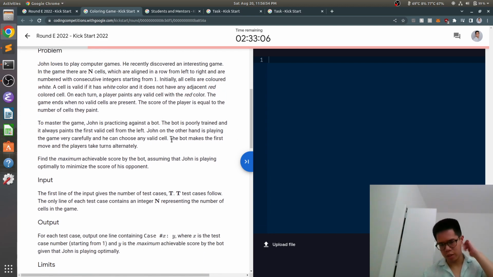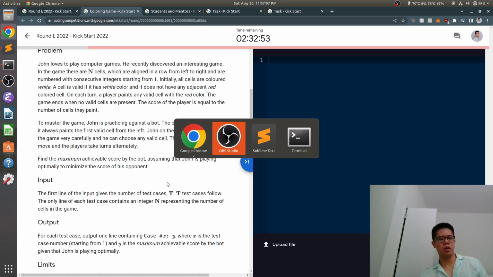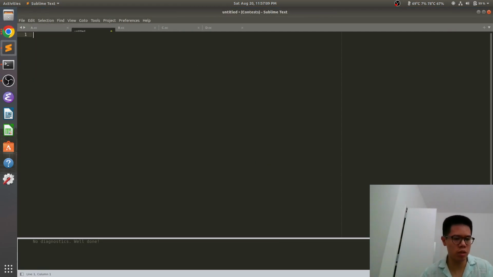John's playing against a bot. The bot is silly and always paints the first valid cell from the left. John is trying to make it as hard as possible for the bot, and so we basically want to see what's going to happen in this arrangement. Simulating this, it's actually pretty simple what happens. Basically, there's a bunch of cells, and the bot will paint the first cell red,